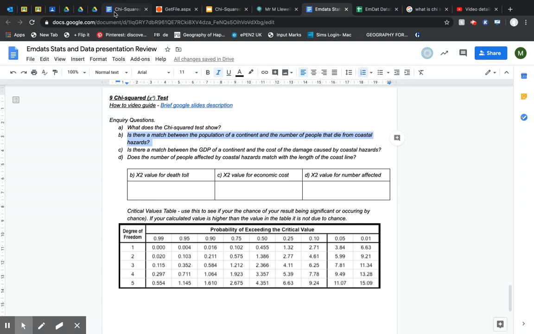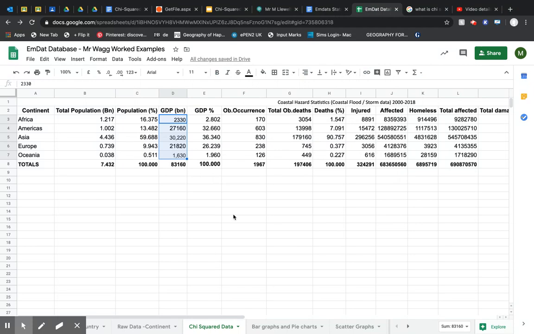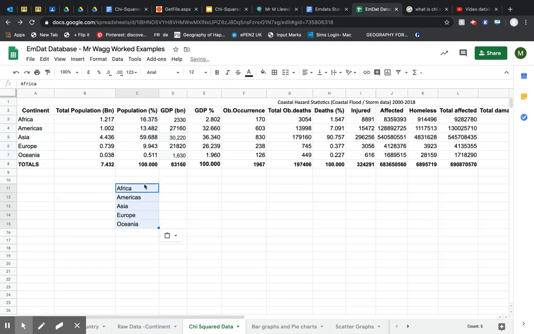So this is what this test is going to kind of tell us, how well those categories are associated or match. So to do this, I'm going to need my total population, and I'm going to need my total deaths. But I'm using the percentage data for this. So I'm just going to create a new table here. We'll have the